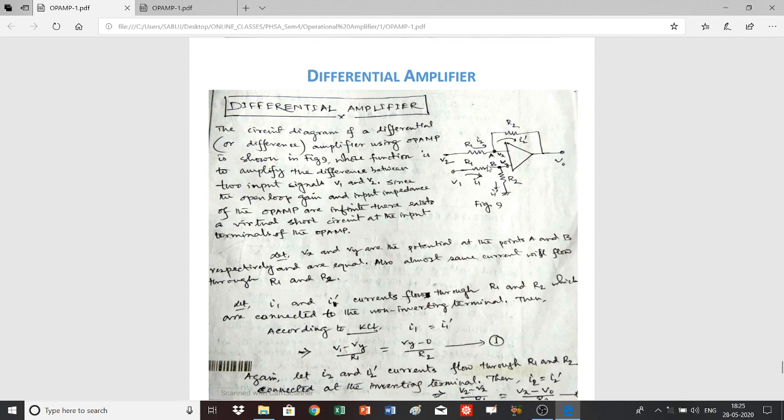Now come to the points A and B. Let the potential at this point be Vx and at that point be Vy, and these will be equal, because in this amplifier the difference between the two input signals V1 and V2 is amplified, since the open loop gain is very high and the input impedance of the OPAMP is infinite. So these two points A and B